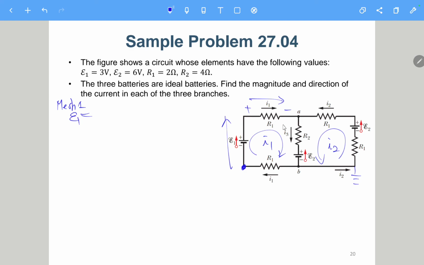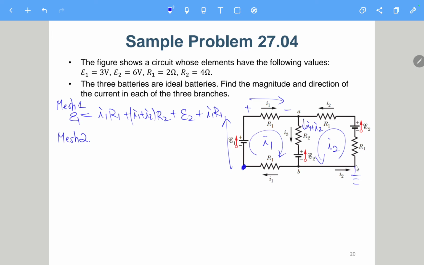And then here we have I1 R1. And then here we have I1 plus I2, so we have I1 plus I2 multiplied by R2, this resistor. And then this is going down, so we have a plus E2. And then here we have another I1 R1. So this is the first mesh equation. And then for the second mesh equation,